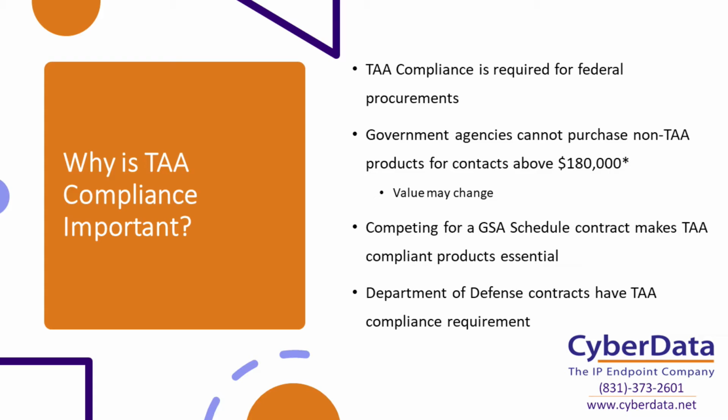Because again, if it's not TAA compliant, it's out of the question. And like I mentioned, it's every single government agency, whether it's the FBI, CIA, Department of Defense, Department of Homeland Security, and then, of course, all the other fun stuff, Department of Agriculture, the DOT, what have you. Every government agency is going to have some level of TAA compliance for any of the equipment they're going to be using. So working with companies and manufacturers that are TAA compliant is super important for getting out there and winning those bids.